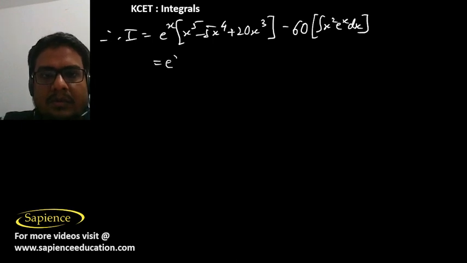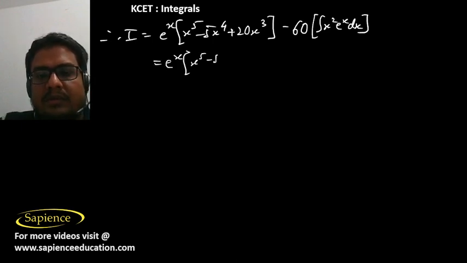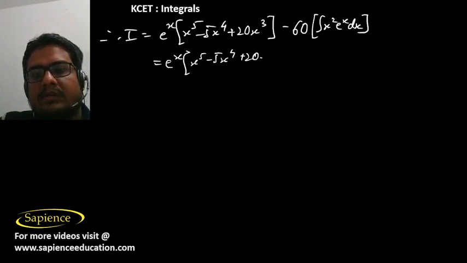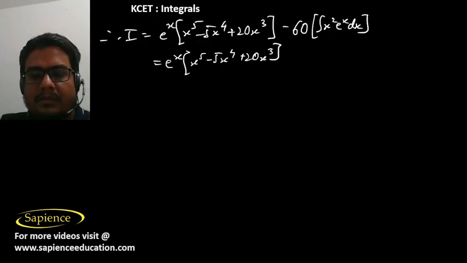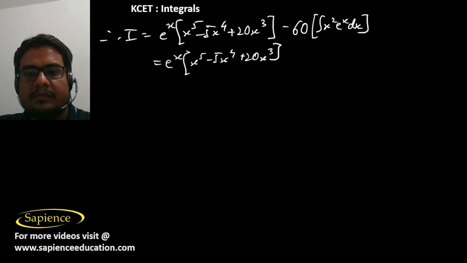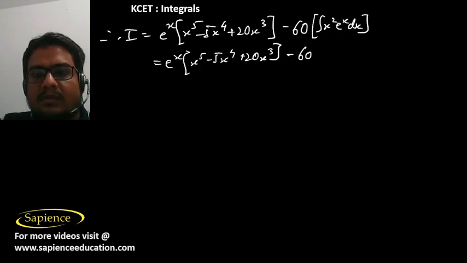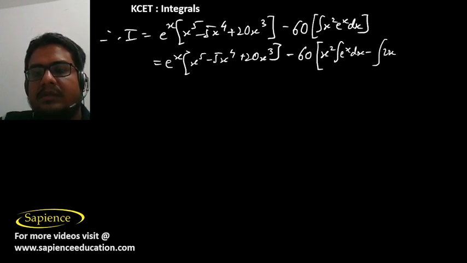So this will be equal to e power x into x power 5 minus 5x power 4 plus 20x cube. Then this will become minus 60 into x square integral e power x dx minus this is 2x e power